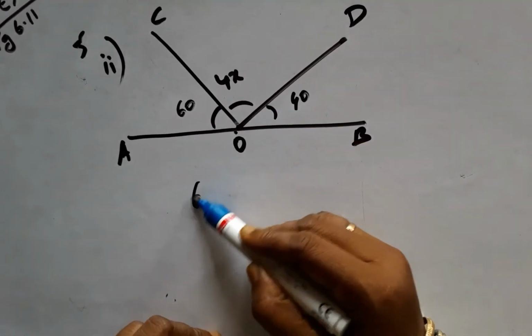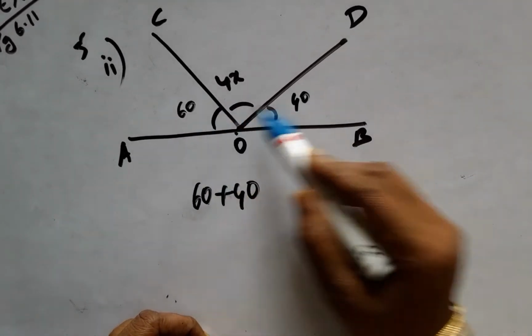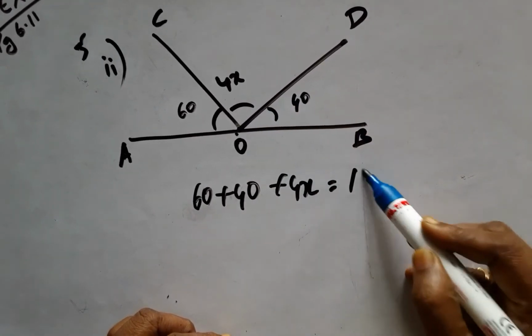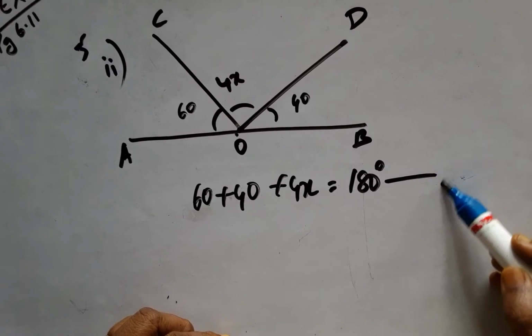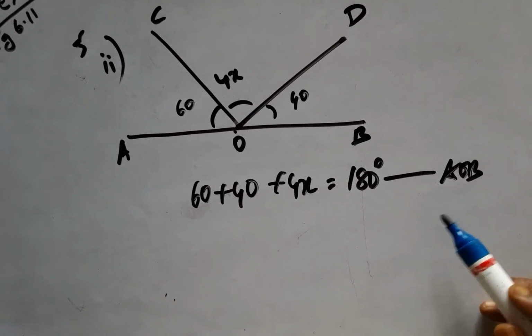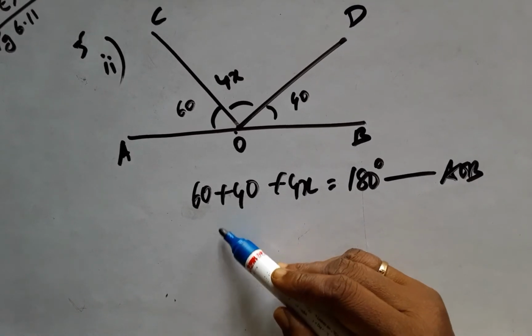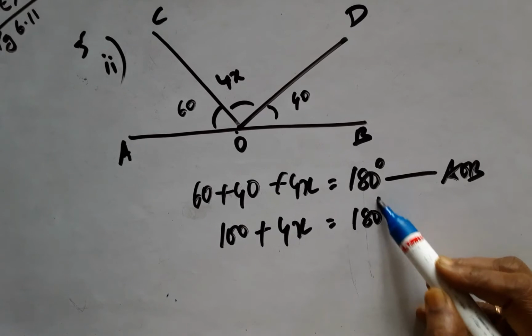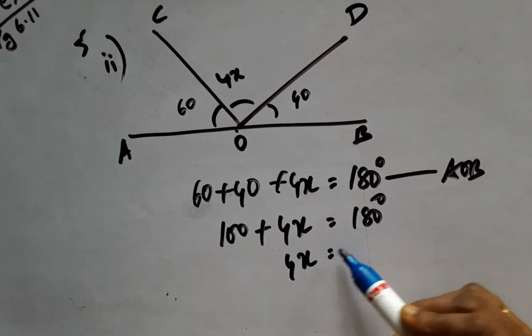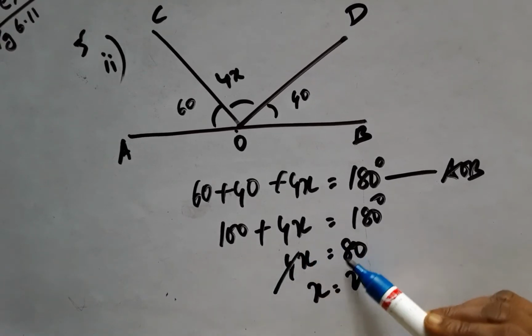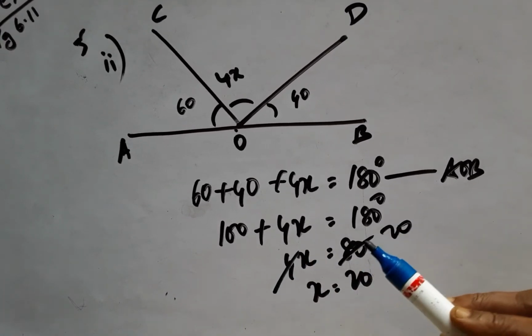The next problem is nothing but we have 100 and this will be obviously 80 degrees as we know, but since we have to represent it in the proper fashion, AOB being a line, the sum of angles is 180 degrees, and then we have to approach this problem. 100 minus 4x is 180, and 4x will be 80 and x will be 20, because 4 twenties is 80.